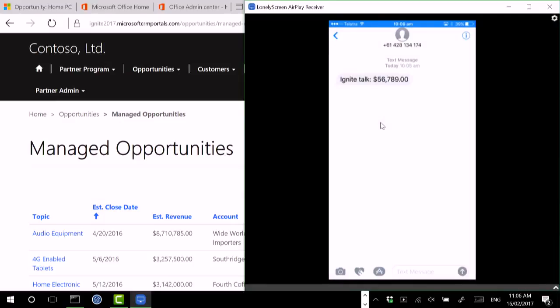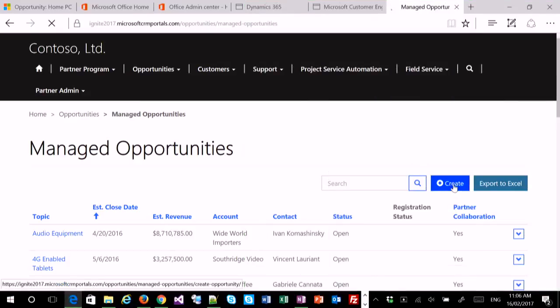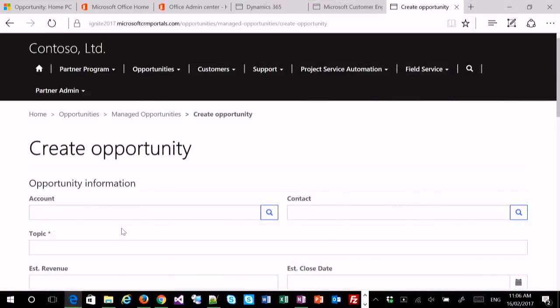Okay, so that works. So effectively, if I create an opportunity here, it goes through